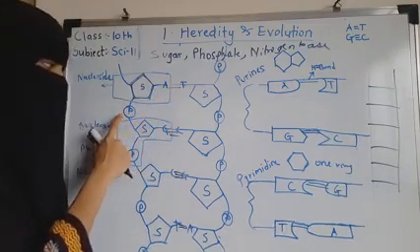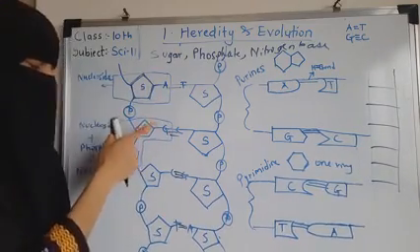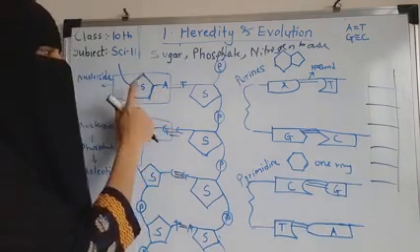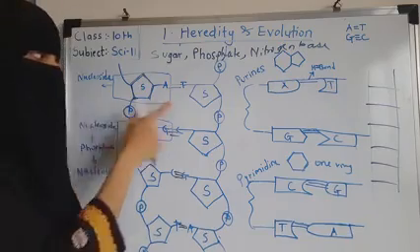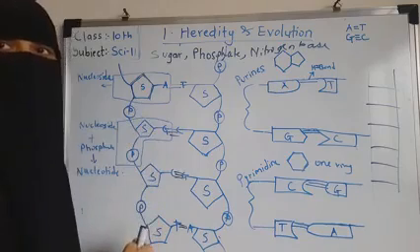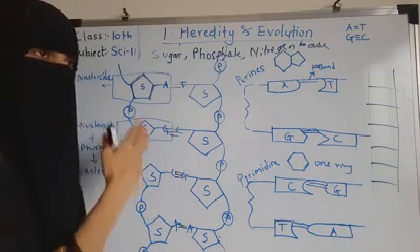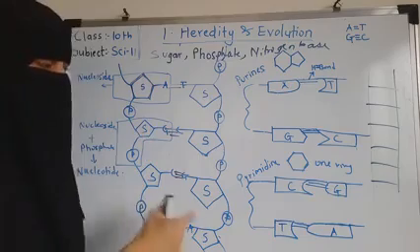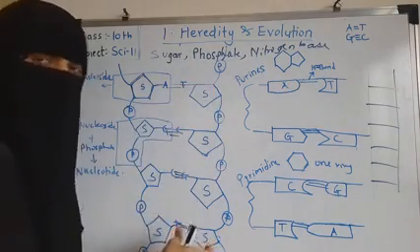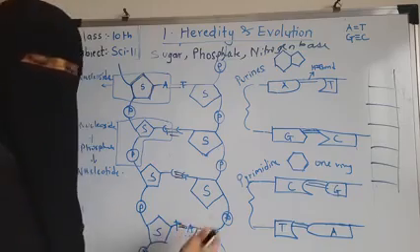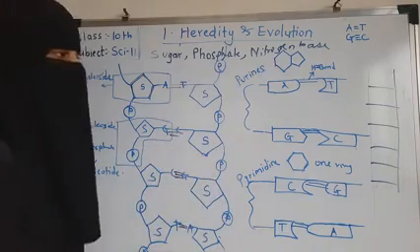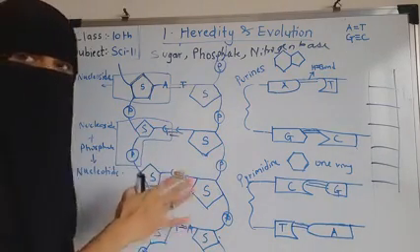Then when a nucleoside is attached with a phosphate molecule, it is called a nucleotide. Means nitrogenous base, sugar molecule, phosphate. These 3 are called a nucleotide, and these molecules form one long chain or strand of DNA. The same strand on the other side is the other rail of the DNA molecule, and that is complementary. Complementary means it is opposite in direction. So this is the basic structure of DNA.